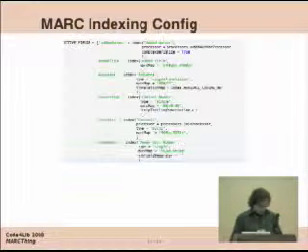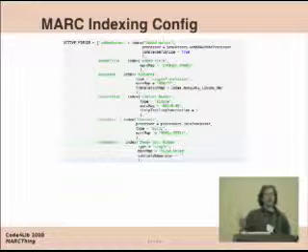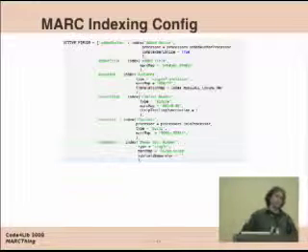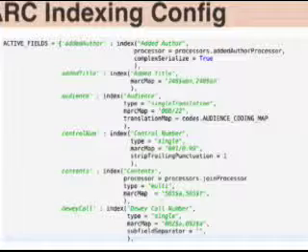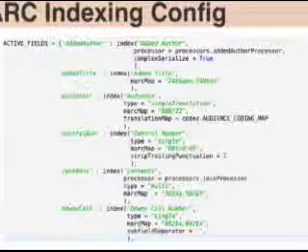Okay, so the other part of what MARCThing does, besides do Z39.50 searches, is it parses MARC. And that's something that almost everyone in this room has probably had to do at one time or another. And we often just use very hacky techniques to do that. I tried to create something that's pretty logical and encapsulates most of the things you have to do to bridge the gap between machine-readable and machine-usable cataloging.